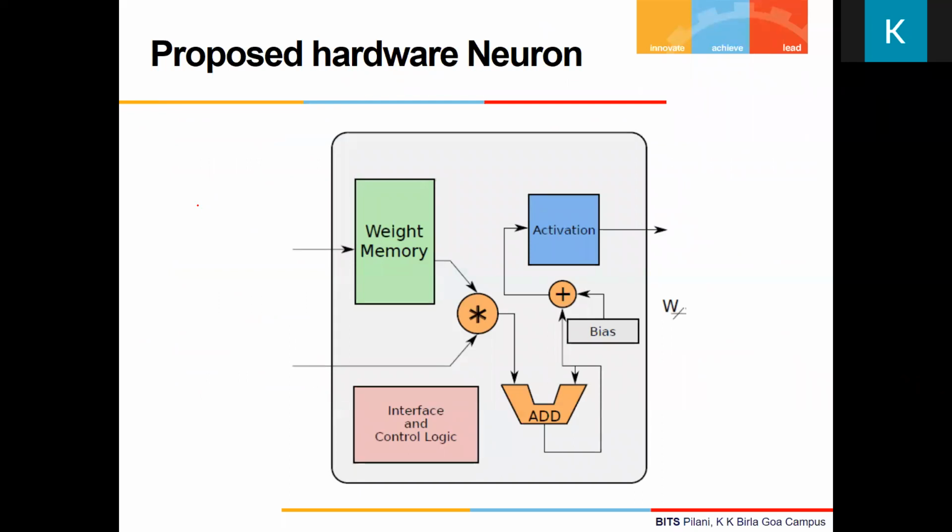Okay, so finally we come to the architecture of the neuron. This is what I'm going to implement. As I mentioned before, we will do training in software and get the weights and biases. Those weights I'll be storing in some kind of memory, some kind of RAM, which I am going to call the weight memory. I am giving a provision here to update the memory later. Maybe a processor can update the memory later if it wishes, or at design time itself I can fill this memory with the weight values which I got after training.